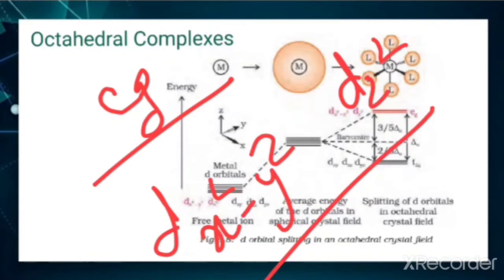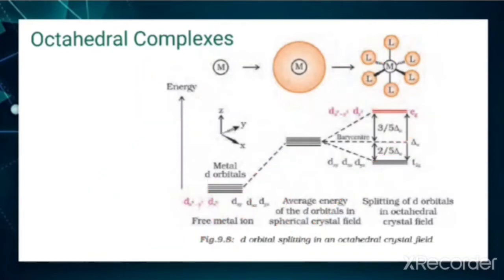So these will experience a little bit higher energy. These have higher energy compared to dxy, yz and zx. That's why dx square minus y square and dz square, this set of orbitals will have greater energy compared to the energy of dxy,